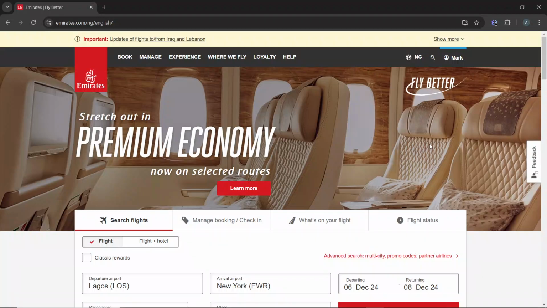Hello, in this tutorial, I'll show you how to book seats on Emirates. So follow these detailed steps to book or select seats for your Emirates flight using the Emirates web app. The first thing you need to do is to launch your browser and go to the Emirates official website at